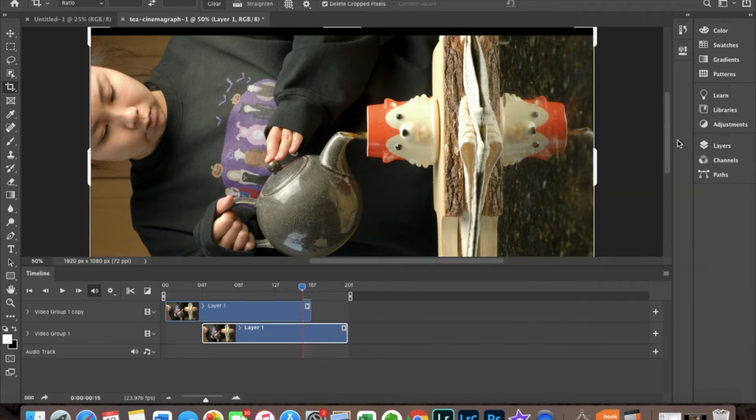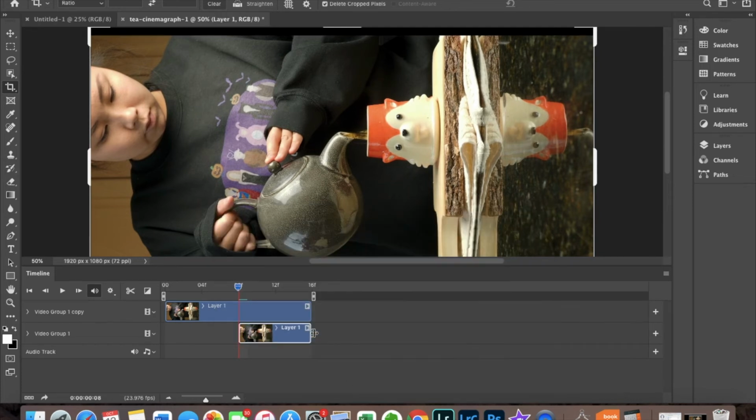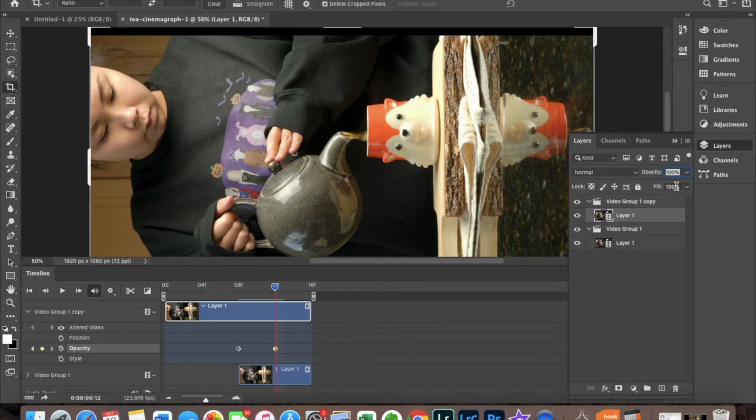layer. We're going to move the second layer to the end of the first clip. Move the beginning of the second clip over to the left. Move the end of the second clip over so both clips end at the same place. Then hit the down arrow to the first layer and hit opacity. Then toggle over and hit opacity again. Before moving on, change the opacity of that second mark to 0% in the layer bar and move the marker